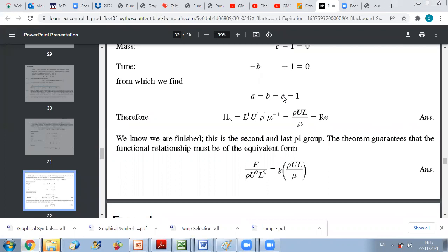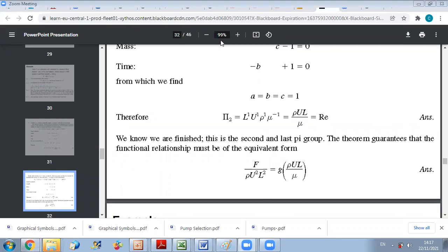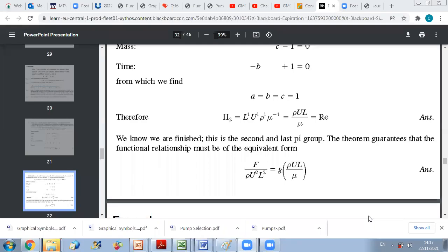So we were talking about the two groups we found. We found out that the two groups of interest here are the group of Reynolds and the group of F. Now, what will happen is, how do we conduct experiments, and how do we know how charts will be